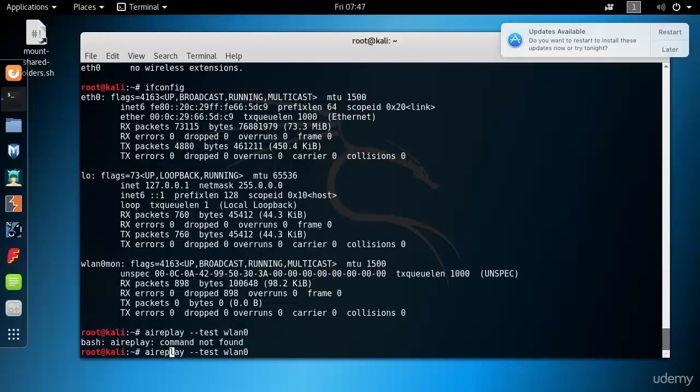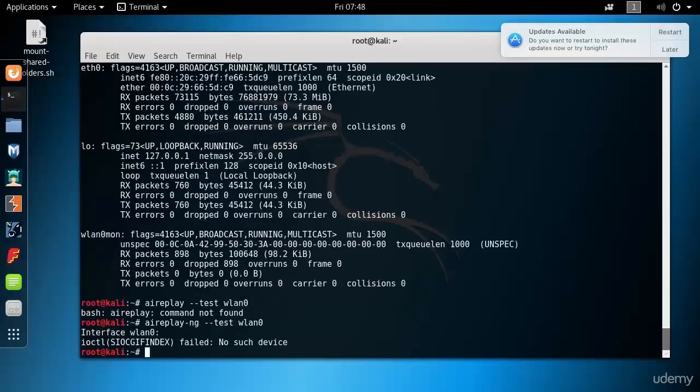We need to do aireplay-ng. Now, since WLAN 0 is down, it gives us this error message. So that's one reason why Airmon-ng is good for turning on monitor mode, because at the same time it brings down the wireless interface that is not in monitor mode. So that's WLAN 0. So anyway, in case we make mistakes like this, it will say no such device. Alright, so then we go with wlan0mon, which we had set to be monitor mode for channel 11,